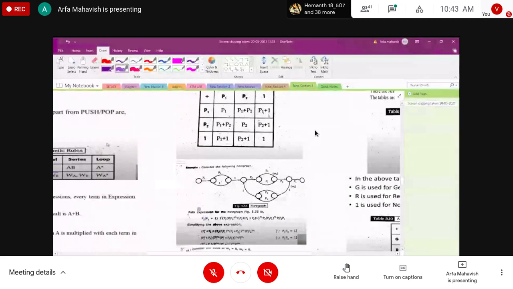This is a parallel loop, self loop, okay, parallel loop. And this is the sequence way.